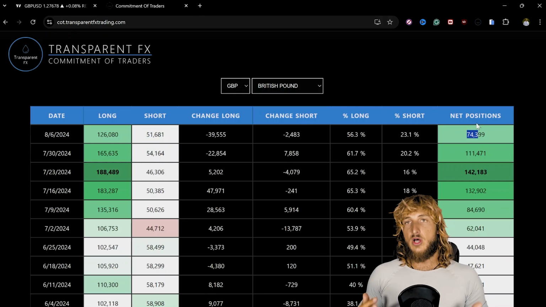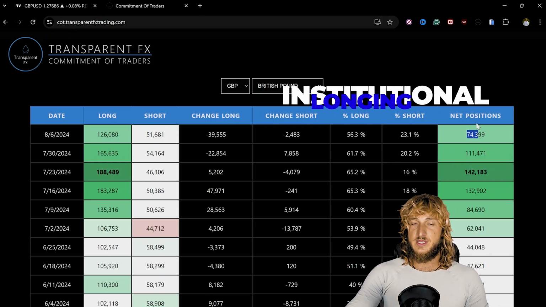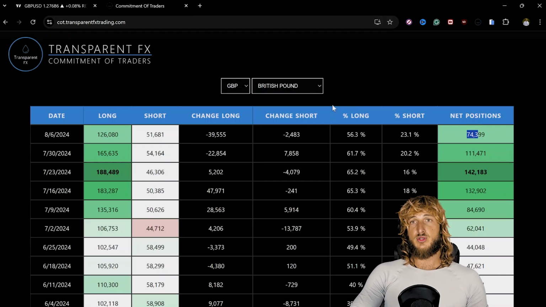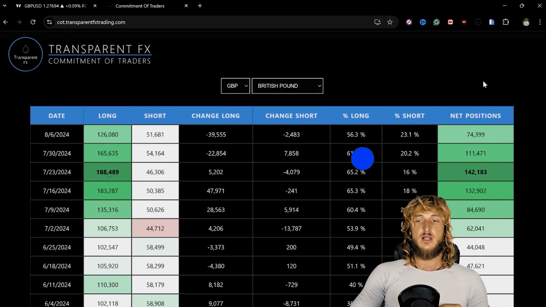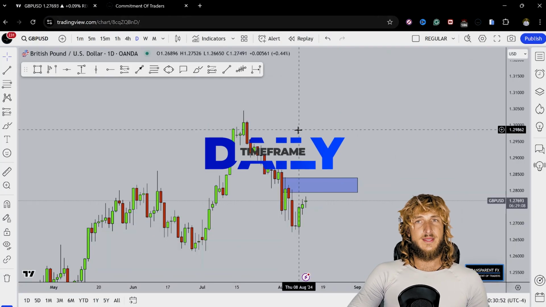So in the long run, institutions clearly have moved to the bullish side for GBPUSD, therefore anticipating a potential rejection to the upside away from the historical support that we have identified on the monthly at the beginning of the video. However, with just the last few reports, we can see a clear decrease of the net positions. So it seems like in the long run, institutions are long-term bullish on the GBPUSD, but short-term bearish on the GBPUSD, which is currently reflecting quite nicely